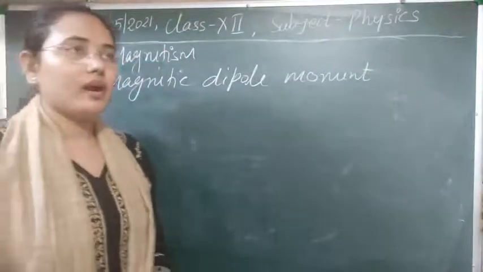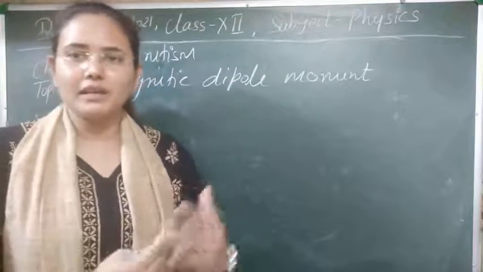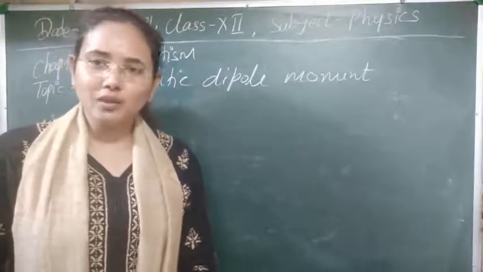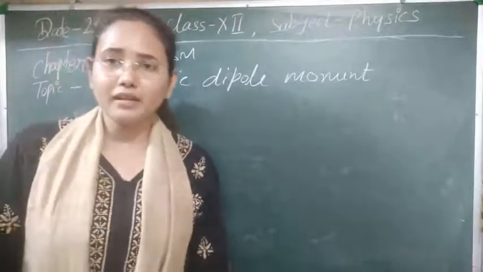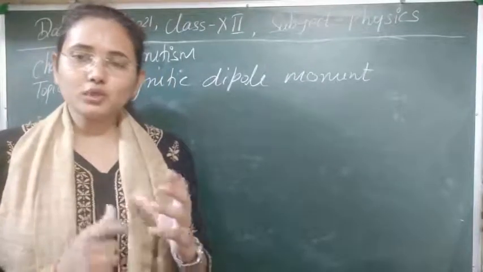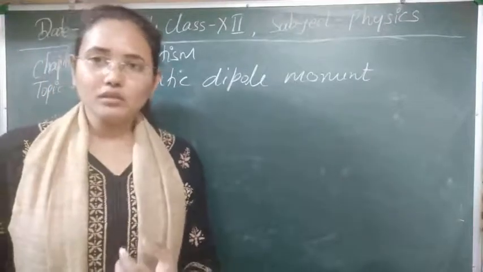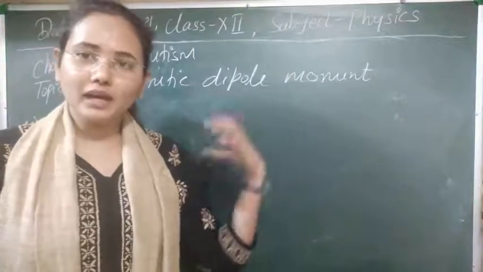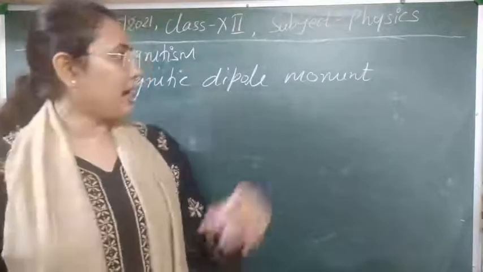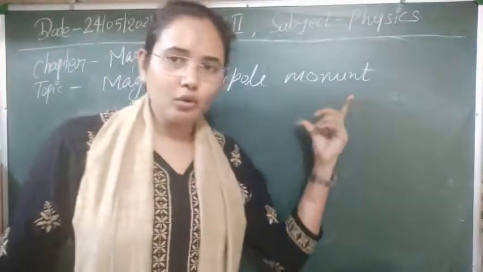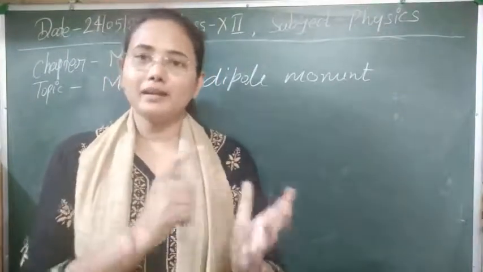So here just now, we have a magnet that has two poles with some pole strength, separated by some distance. Obviously those two poles will have some magnetic property, a magnetic field. So what is the force through which they interact with each other, or the combined force of two magnetic poles that can interact with any other magnet that comes into their field? That is known as their magnetic dipole moment. So simply, the magnetic dipole moment is the strength of the magnetic dipole through which it can interact with any other magnet.